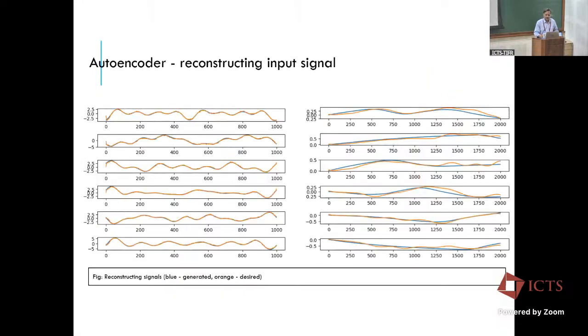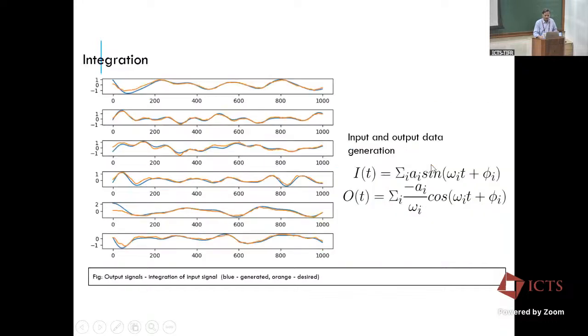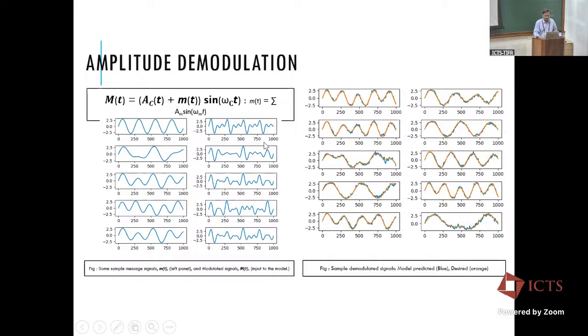Let's apply this to simple problems like an autoencoder. Input and output are the same signal, some random signal, so it matches it very well. An easy problem. Then we wanted to do something like integration. Can it implement integration? Assume that the signal has zero mean so that the output doesn't blow up. Take some zero mean signal, a sum of sinusoids, and it learns to perform integration, and some amplitude demodulation, some signal processing problems from communication. It learns all these things.